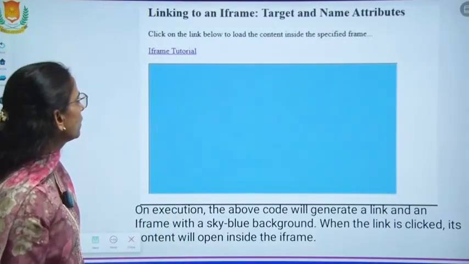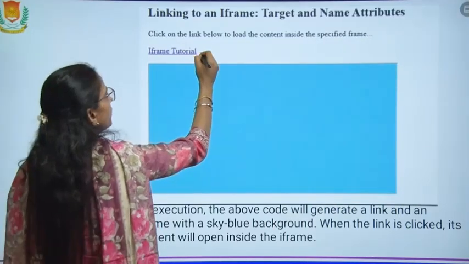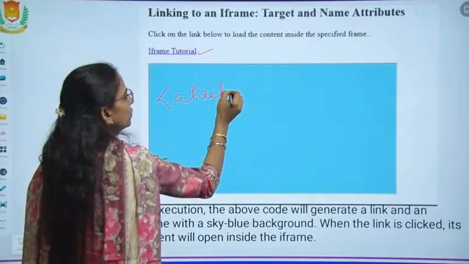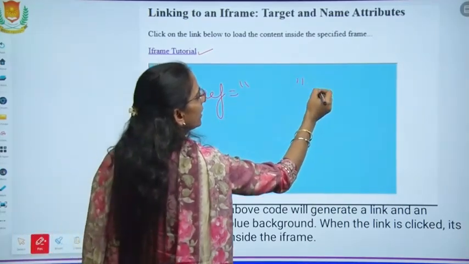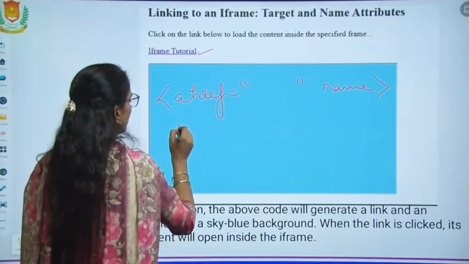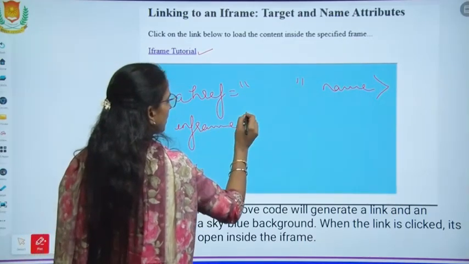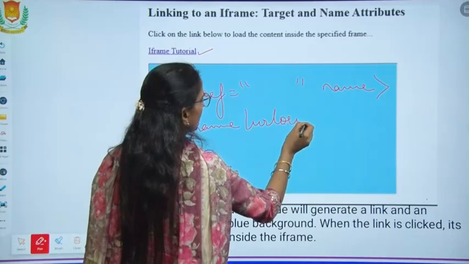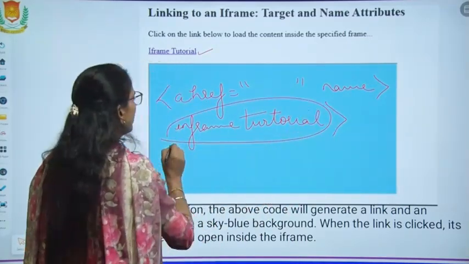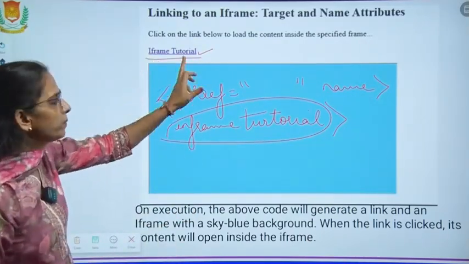Now see what is the output. Iframe tutorial is displayed here because iframe tutorial we wrote with the name of the file. In this way, whatever is written there is the hypertext. So this hypertext is displayed here, iframe tutorial.